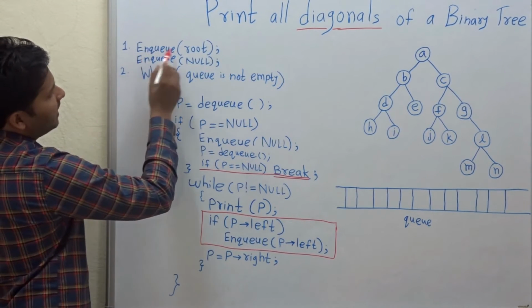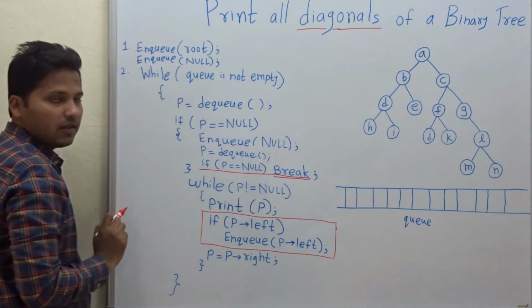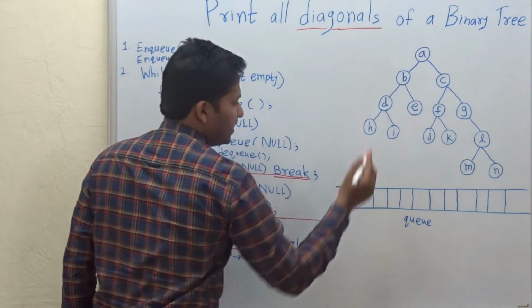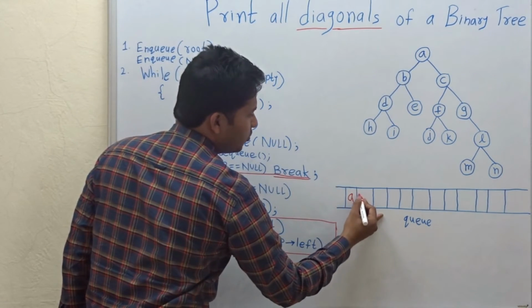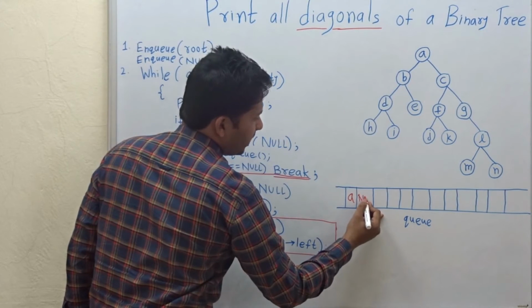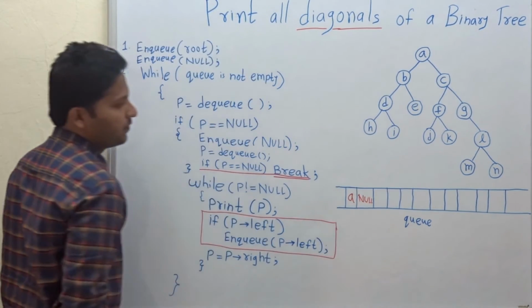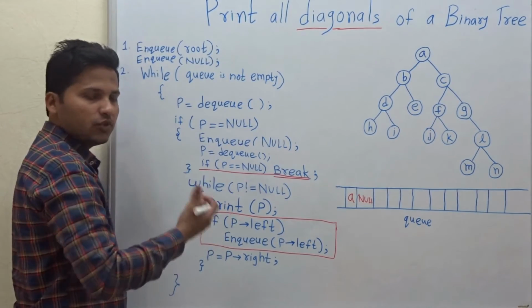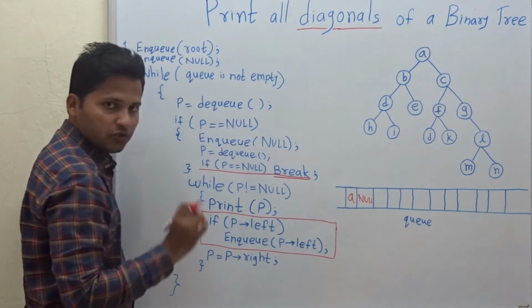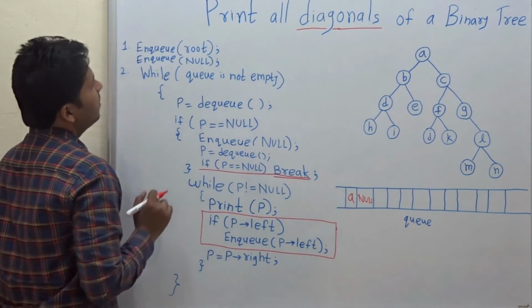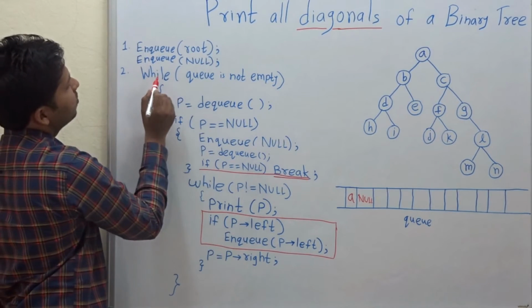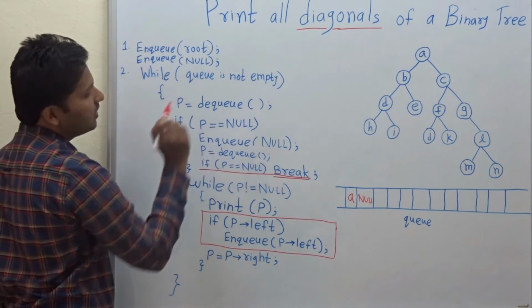The first step is NQ root and NQ null. The root of the binary tree is A. We have NQ'd it and we have to NQ null. As we go further you will understand why we have NQ'd this null. Now let's go ahead. While Q is not empty,